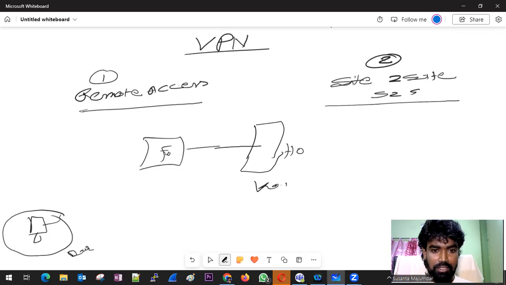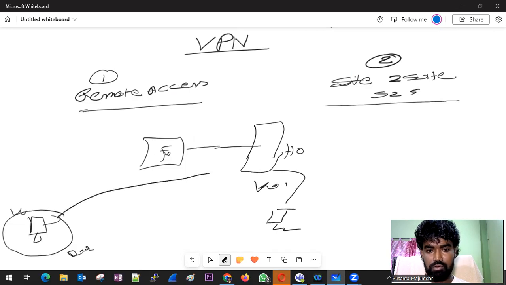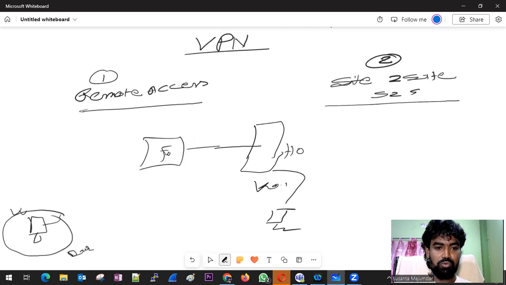Beautiful. Now how are we going to connect from here to here? You need something from your HO server, database server, or you need to connect to your HO. From Darjeeling to here you cannot create a dedicated fiber, right? Now what do you have to do? Then remote access VPN comes into the picture.